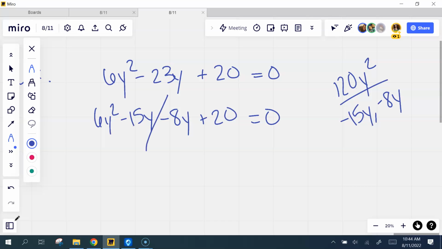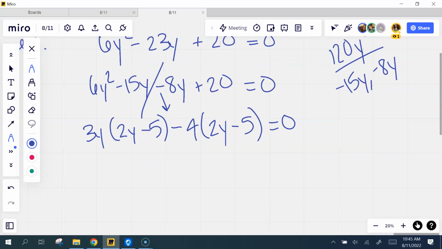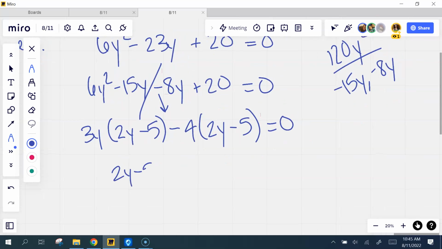Slash it. GCF of the first two. 3y. What's left? The middle sign. GCF of the last two. 4, that's right. What's left? Why is that minus? It says plus. It changes. That's right. The middle sign is negative. So this factors as 2y minus 5 times 3y